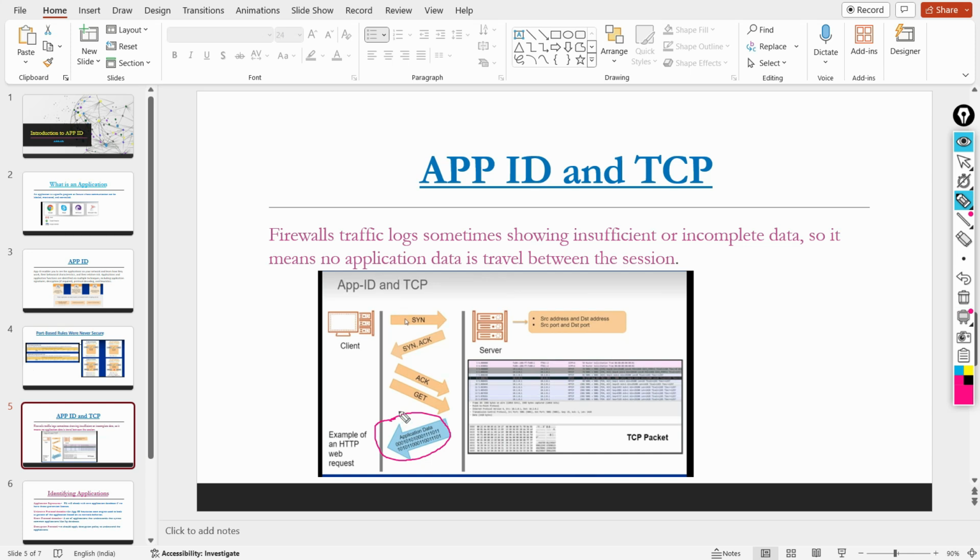Earlier, with just this GET, we don't have any visibility into what type of application will travel using this flow. Once the server has responded with the application data, the firewall knows that this is an HTTP request. So this was the flow with app ID and TCP.